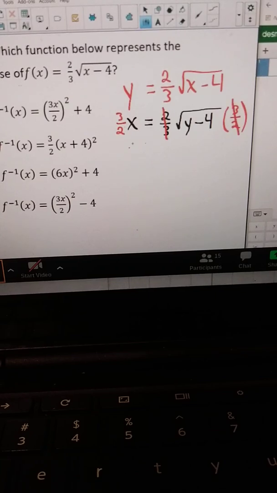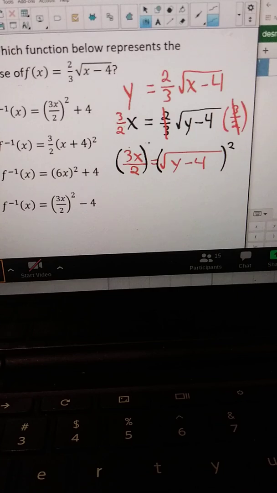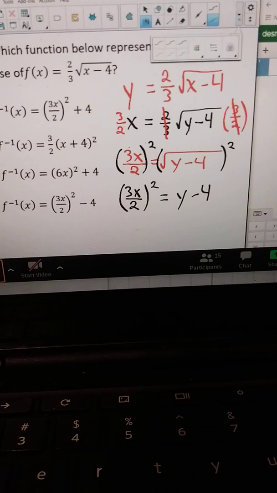So now I have on the left-hand side 3x over 2 equal the square root of y minus 4. Now I square both sides to get rid of the radical. So now I'm left with 3x over 2 squared equal y minus 4. Now I add 4 to both sides. So I get